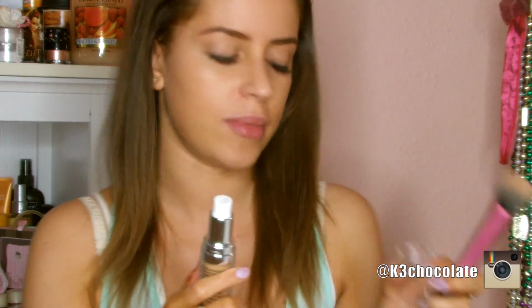So first up, I'm going to apply a primer to make sure that my foundation lasts all day, and this is a mattifying primer, so it's perfect for my skin because it's combination oily. And this one is by Julep, so I will link their website down below if you want to get this primer. And then I'm going to apply my Glam Life foundation with my Glam Life brush,